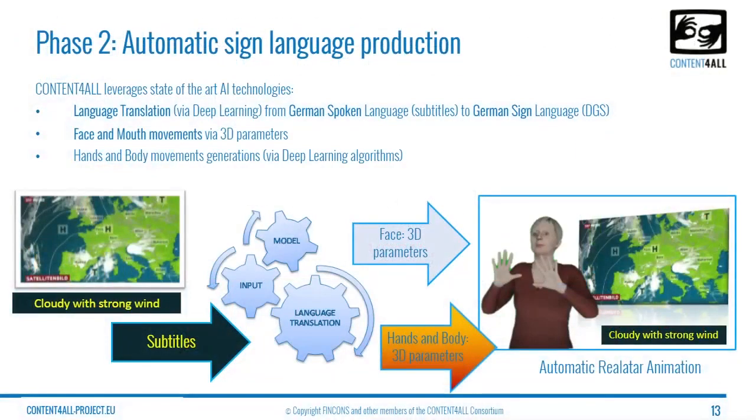What I have presented so far was dedicated to replicating the real person into a virtual one by replicating body, hands movement and facial expression. While in the second phase of the project, we focus on the automatic sign language production. The focus here is in understanding how far we can go with the current technologies of automatic language translation in producing sign language starting from text, and for a small domain of discourse, which is subtitles in a weather forecast